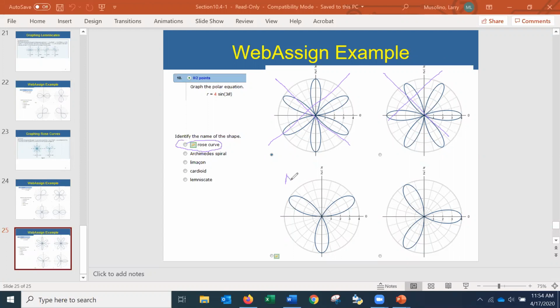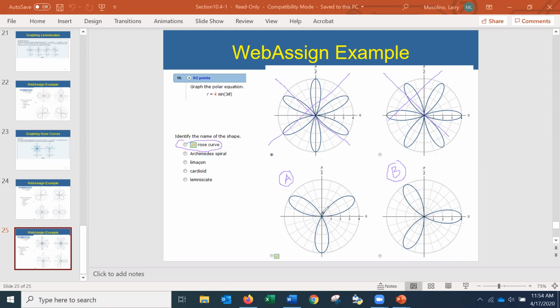But this lower left, I'll call it graph A, is a possibility. And down here in the lower right has 3 petals also. So I'm down to graph A or B. So I need to figure out which one of these choices is correct. The one on the left is correct, the A. And Gennaro, how did you come to that decision? Because here it's facing down when it's going 4 right here, 4 for each side.